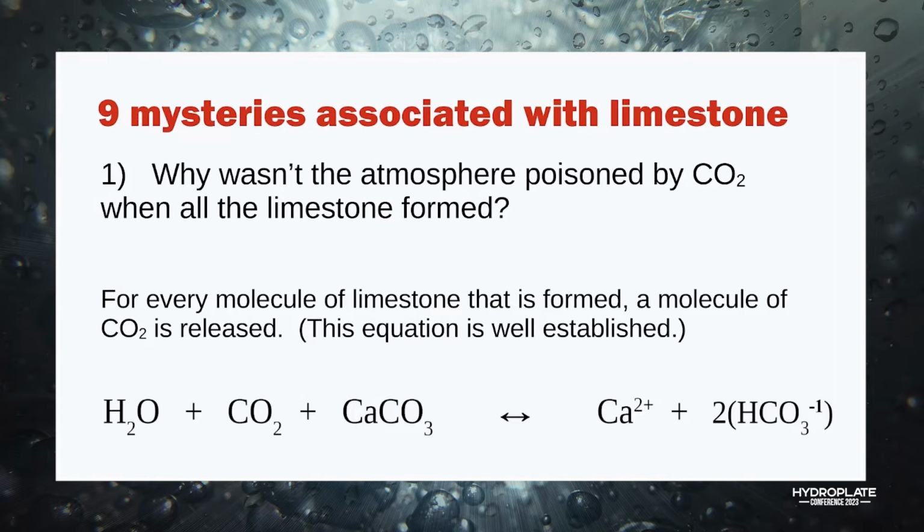When the equation goes from left to right, we start with water and carbon dioxide and limestone, and the water and carbon dioxide combine to form carbonic acid, which dissolves the limestone and makes an aqueous solution that has calcium ions and the bicarbonate ions in it. So when the equation goes from right to left, we start out with an aqueous solution containing calcium ions and the bicarbonate ions, and they join, and all the atoms rearrange themselves to form one CaCO3, one CO2,